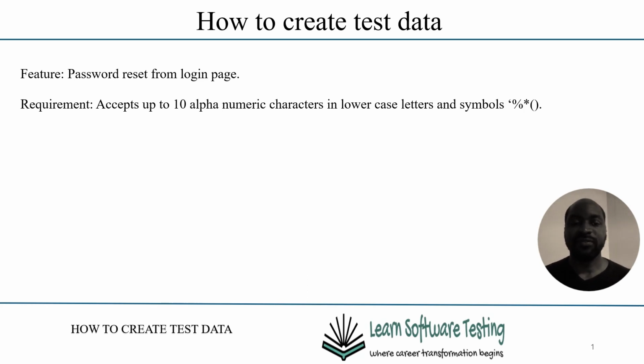So simple. First things first, we know we need to have up to 10 alphanumeric characters, and we know what alphanumeric characters are and what symbols it allows. So for test data one, we can say, okay, we want to test with data A, B, C, and numbers 0, 1, 2. That makes these characters and symbols, the percentage,